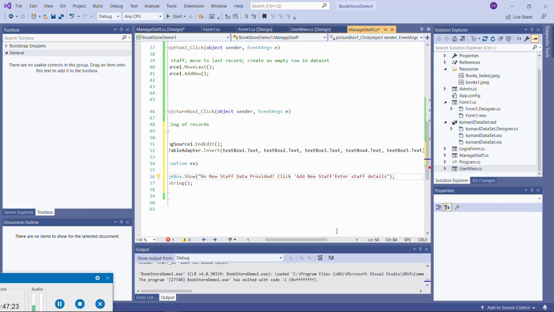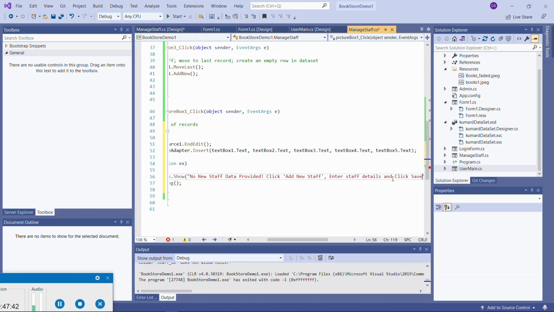So we can say click add staff, provide more specific instructions to the user. So add staff details, enter staff details, and click save